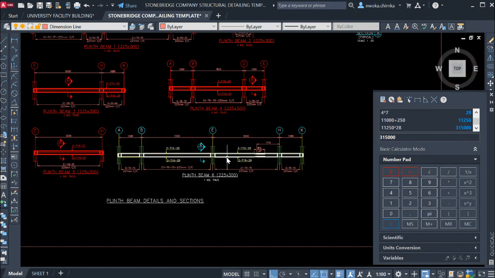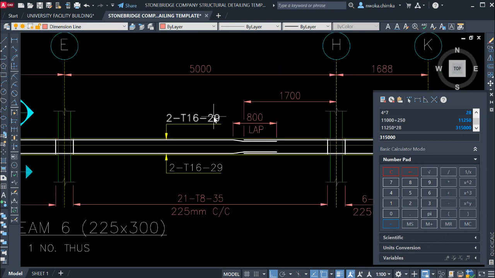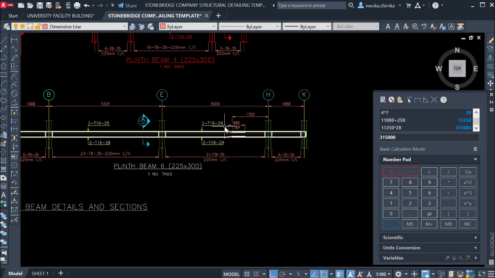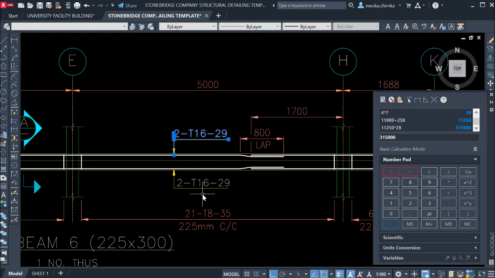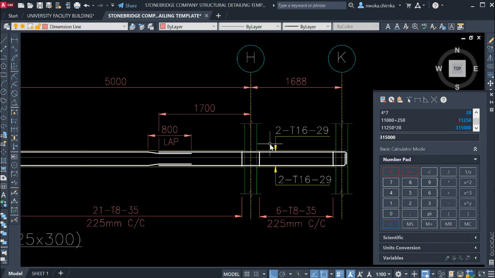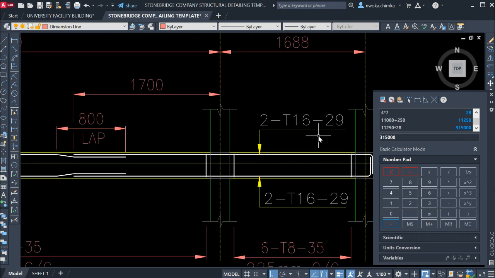If you check it also on this same beam 6, we also have bar mark 29. You can see it here, 29. We also have it here, bar mark 29. As you can see it here, this should be found in this place. This should be found here. This should be found on here. Okay, here. Not on this place, on this bar mark. So right now, I can change this later